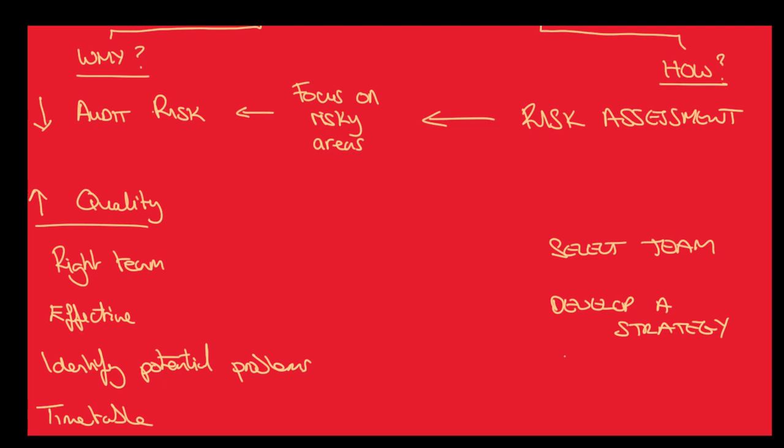Okay, and then we need to create a timetable and identify problems. Well, to do that, we will outline the procedures, and we'll look at that in a bit more detail when we do our detailed plan. Okay, so I want you to understand the difference between a strategy and a plan. A strategy is the scope, the direction of the audit. The plan is the nitty-gritty details, the procedures that we need to follow.